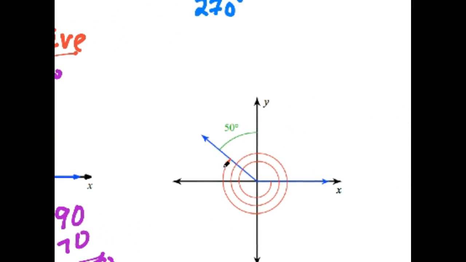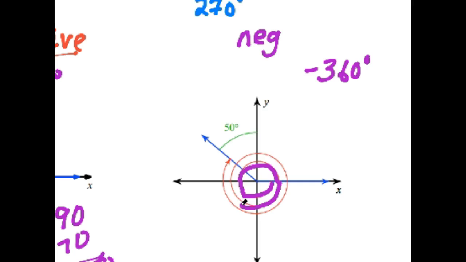And finally, this one's a really large angle. Notice how many circles we have. And we're going down first, so this is going to be a negative angle. Let's look at how many times we have to go around the circle here. Let's follow this. This is one time around, so that's negative 360 degrees, right? It's a circle. And then we go around